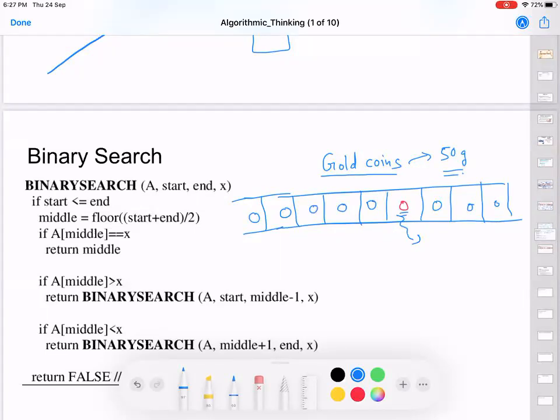But in order to do so, definitely one way you can do it is to run a linear scan and figure out which is the coin. But assume that you do not have an instrument which tells you the exact weight of these coins. So what I'm going to do is give you a scale. In this scale, at any point in time, you can keep certain coins here and certain coins here. You can keep any number of coins here, any number of coins here. And what this scale is going to tell you is which side is lighter and which side is heavier.